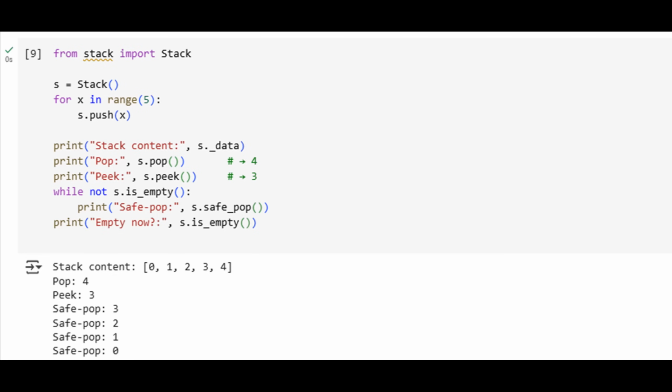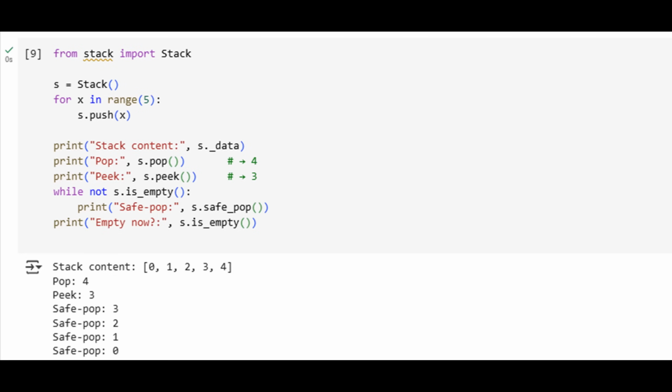This real-time demonstration visually confirms that our logic behaves as expected. Pop removes the last item, peek reads without removing, and is_empty correctly tracks the state. These quick tests are great for debugging or for quick prototyping before you move to more formal testing. Interactive code like this also enhances understanding, especially for students or anyone learning how fundamental data structures work in real